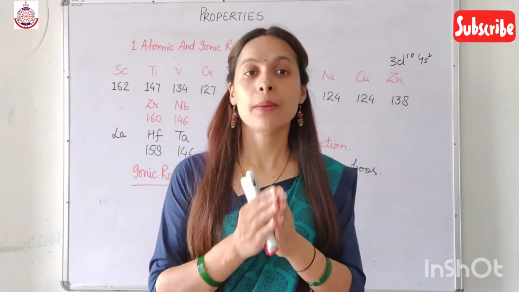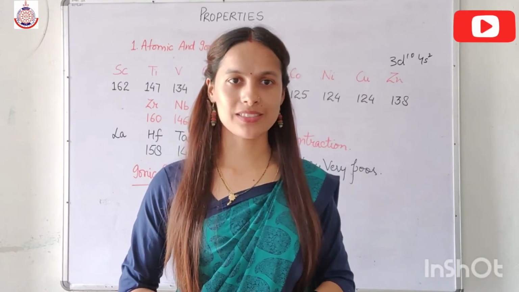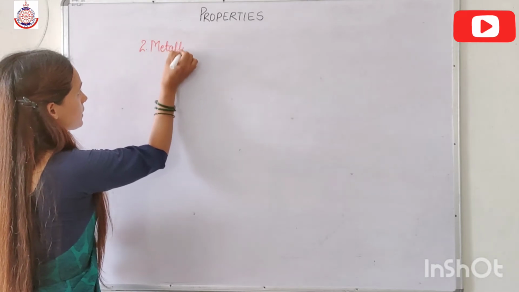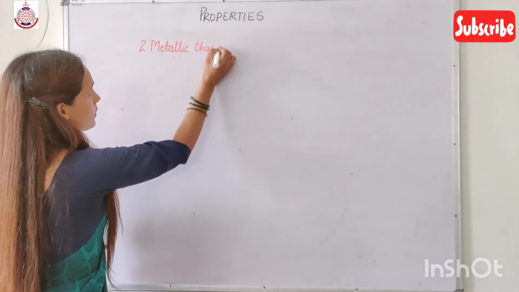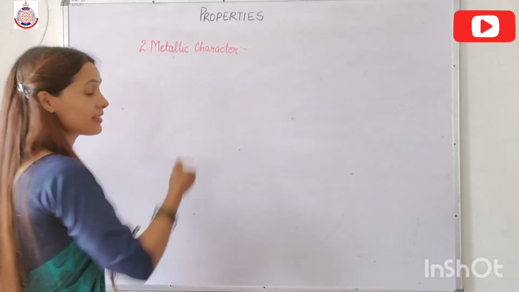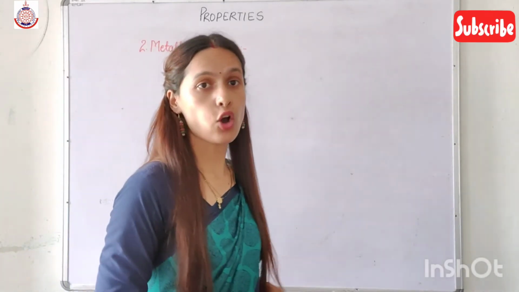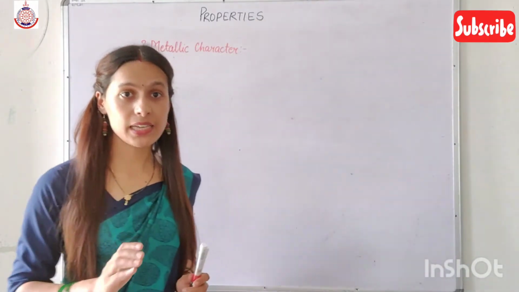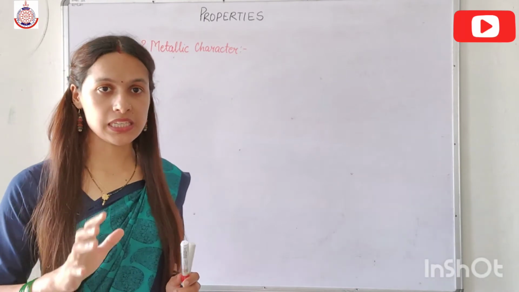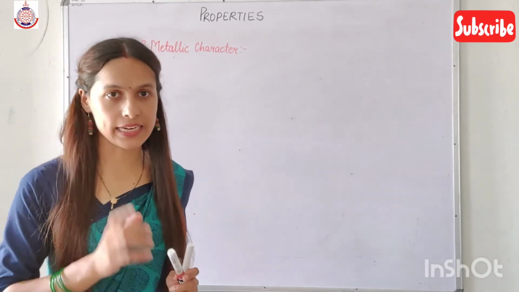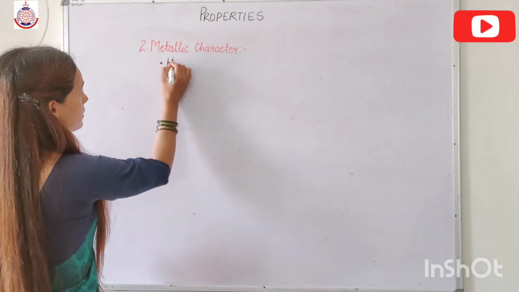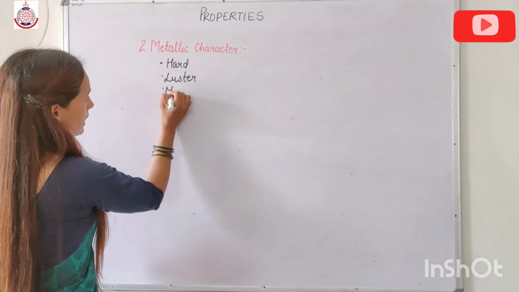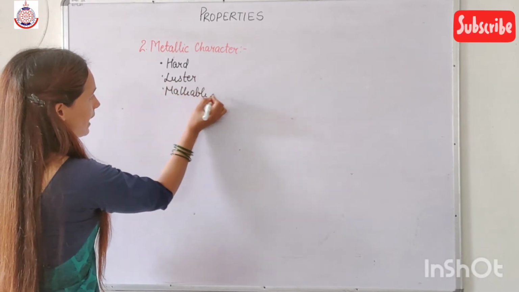Now we will talk about the metallic character of the d block elements. Second is metallic character. Except mercury, all the elements of the d block show typical metallic character. For example, they are hard, they have luster, they are malleable and ductile,